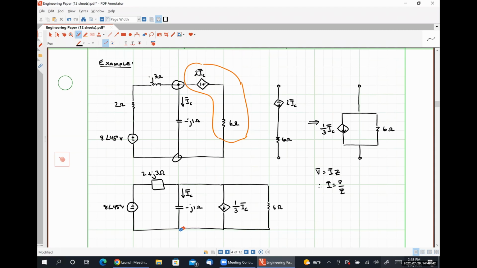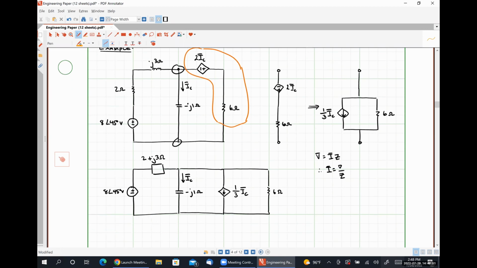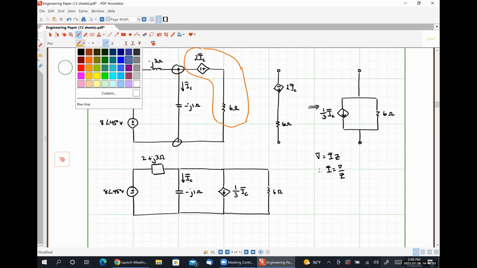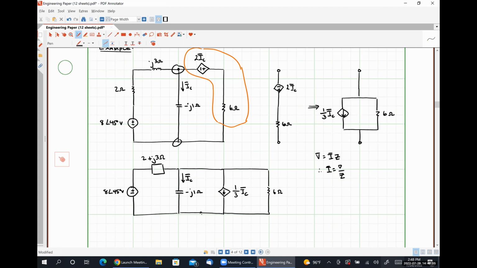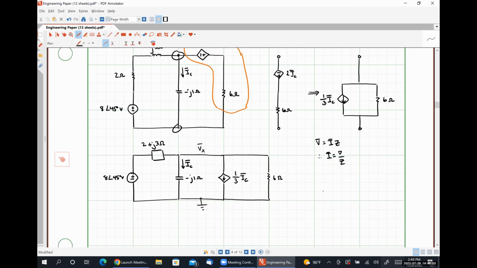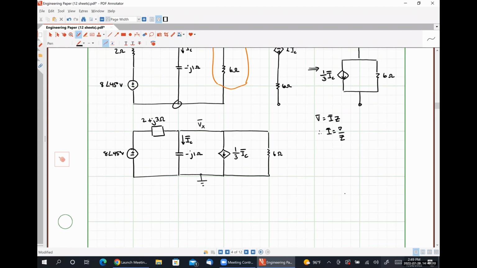I think the easiest thing to do would be our modified nodal analysis technique, where we're going to call this node down here our ground, and let's call this voltage up here Vx. So if we write our KCL equation, we would have